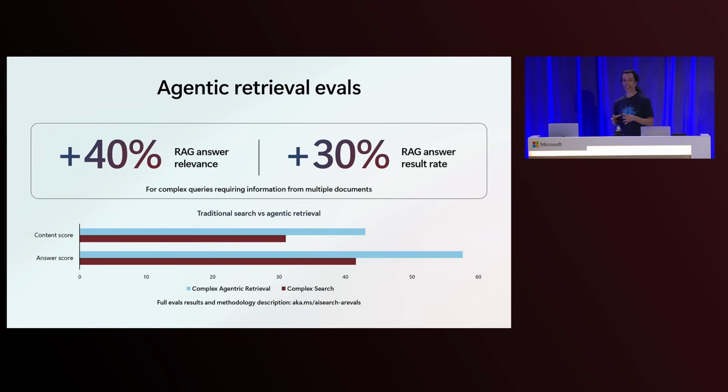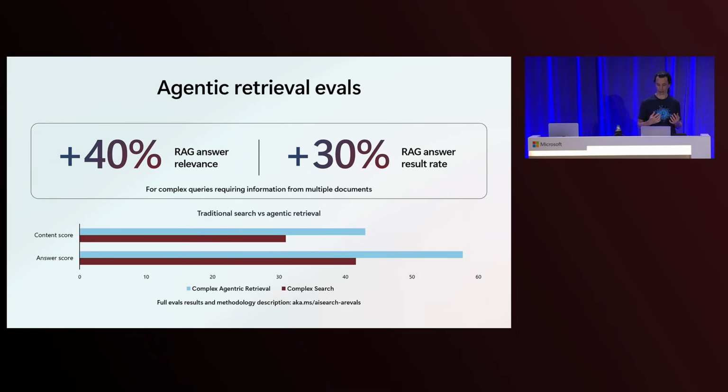So agentic retrieval really performed well when it comes to complex questions. When we measured on a number of data sets that we used to track this work, we see a 40% increase in answer relevance and also a 30% increase in result rate. What that means is when the queries get difficult, there is room to do better, and the agentic retrieval approach is delivering on that. Of course, you have to test this in your own scenarios, but the early signs from all of our evaluations, where we do our best to make the data sets we evaluate on look like real-world scenarios,